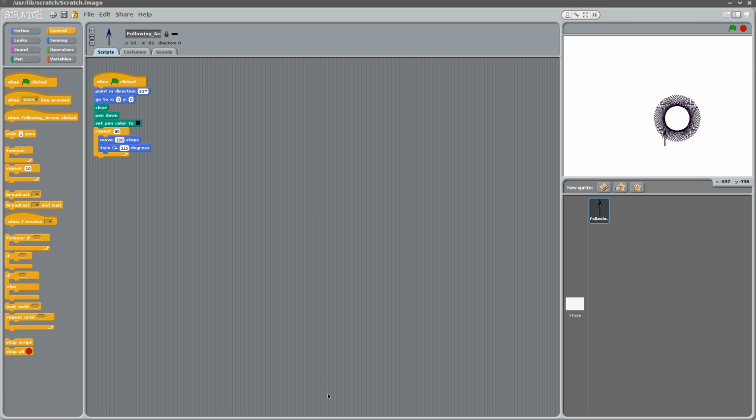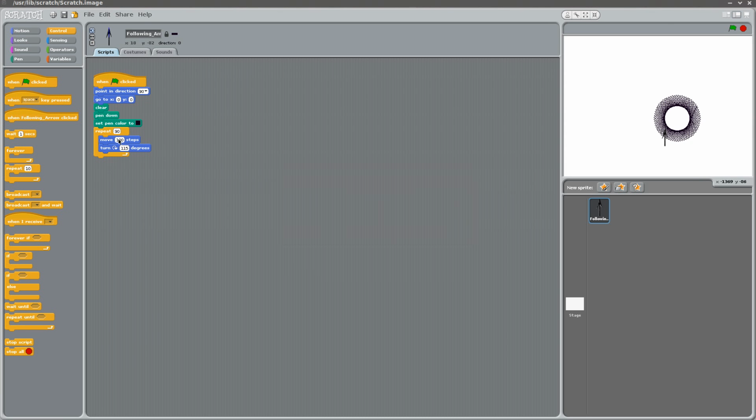Alright, now if we notice our spirograph over here, we can see that the lines on it are actually not straight. They're bent. So how can we draw bent lines on this? Well, we can use loops. So if we go ahead and get our sprite here and create another simple loop, we'll repeat